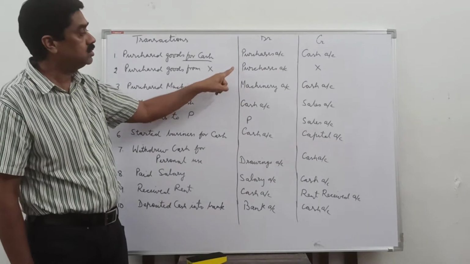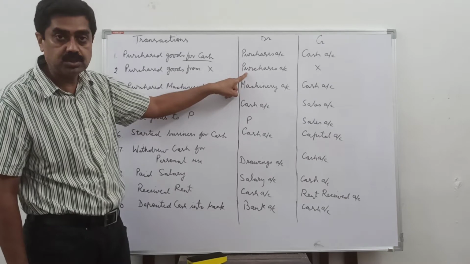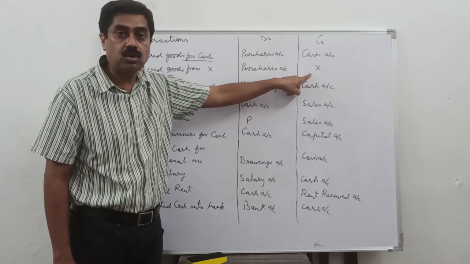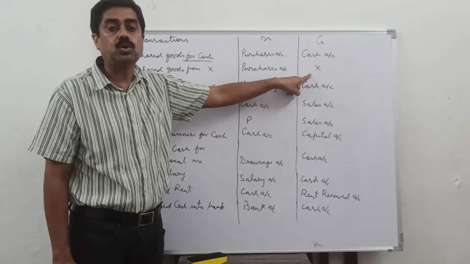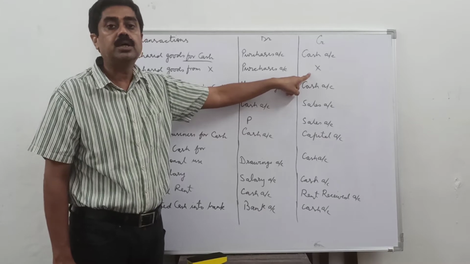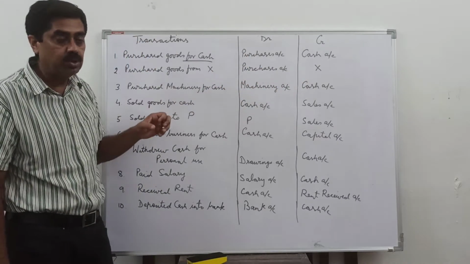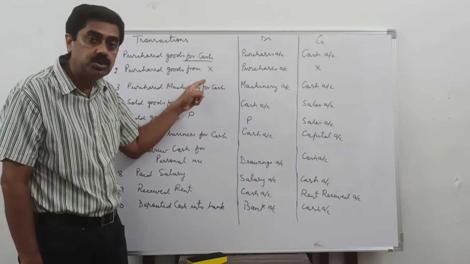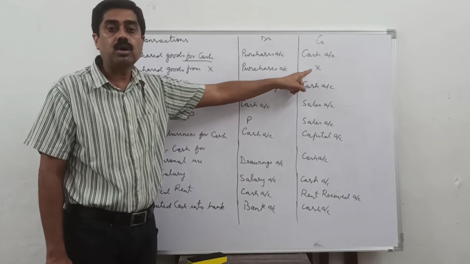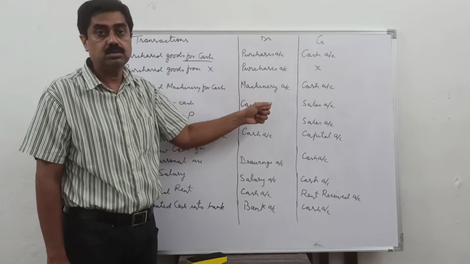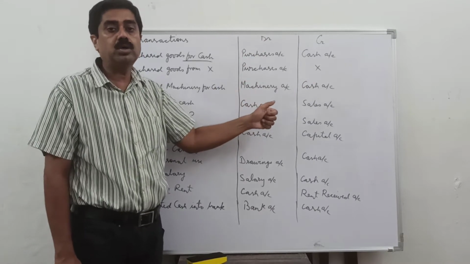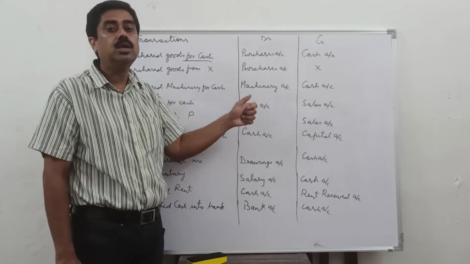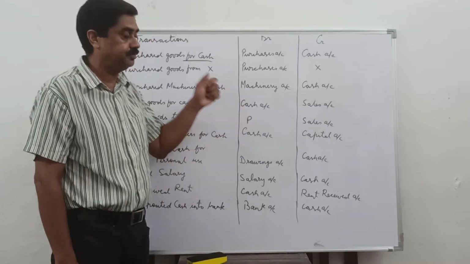Debit all expenses, nominal account, so we will debit the purchase account, and credit X account because it is a personal account. The rule is debit the receiver, credit the giver. Now from the business point of view, is X receiving the goods or giving the goods? He is giving the goods, so credit the giver. We do not write X's account in ICAI because it is not allowed by the council. In CBSE we will write X's account.